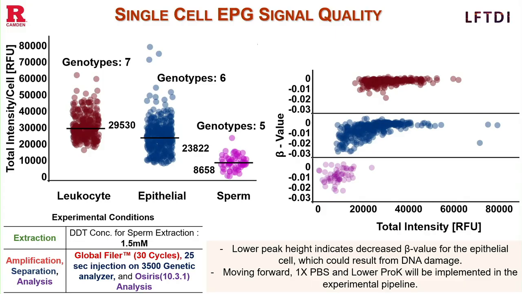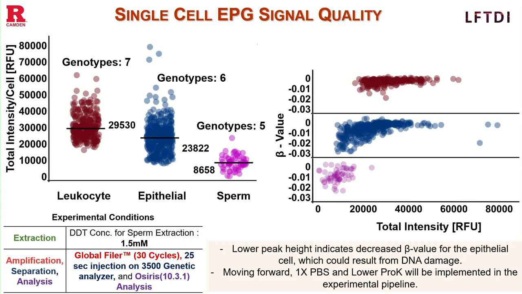That is indicative with the little dip over here that we see with the epithelial cells, which could be due to multiple reasons. Maybe the DNA was damaged, there was some problem with the cells. It's not definitive. But at least it shows a correlation that the decrease in the beta is indicated with the lower peak heights indicated here in total intensity. The sperms are haploids, half cells, would have much lower intensity compared to epithelials and leukocytes, which can be seen here as well. We have not integrated sperm cells yet in our future interpretation methods, but that's obviously the